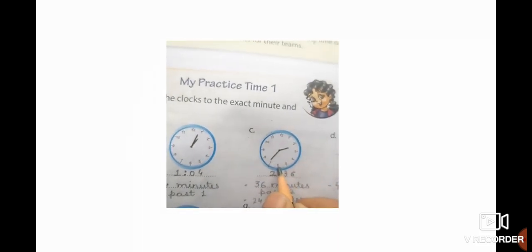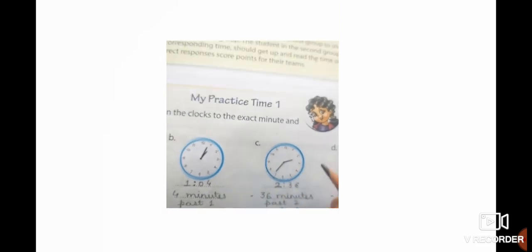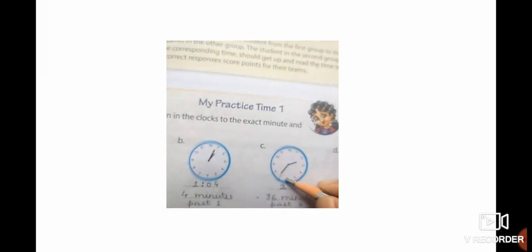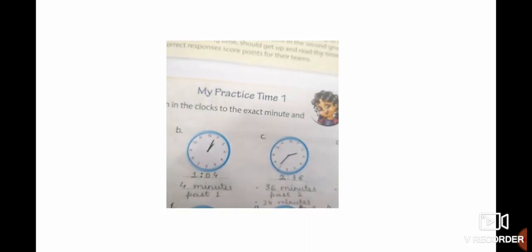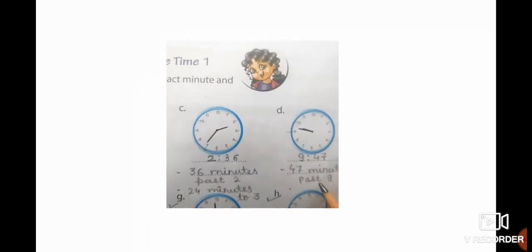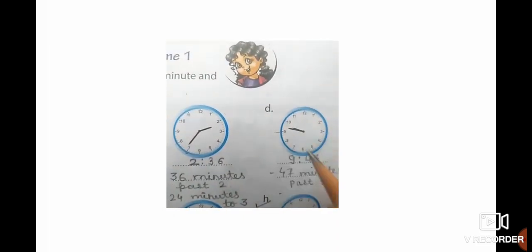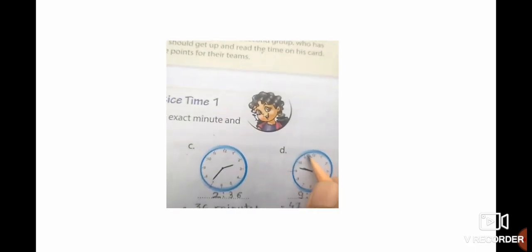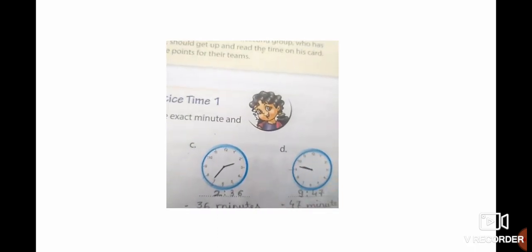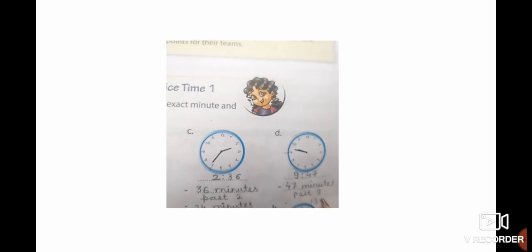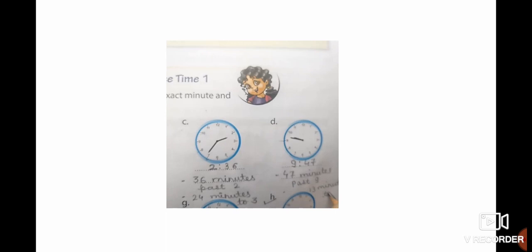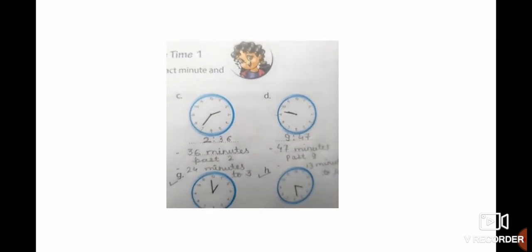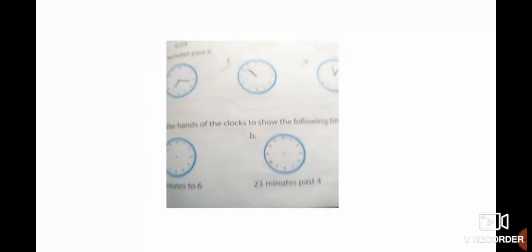Usually when the minute hand is there between this portion, 6 to 12, at that time we can write the timings in 2 ways. Okay, here also we can see that 47 minutes past 9 means 13 minutes left for 10 o'clock. So 5 plus 5 is 10, and 10 plus these 3 is 13. So we can write 13 minutes to 10. 13 minutes to 10. So like this we can write the timings.